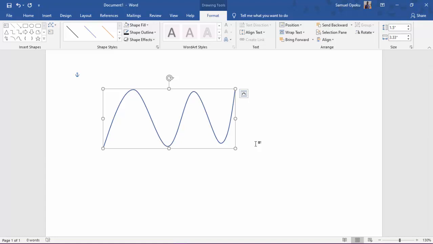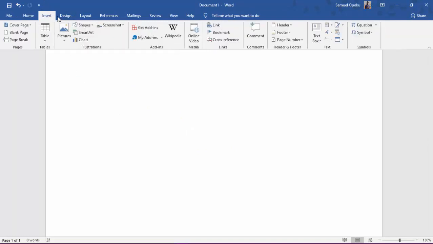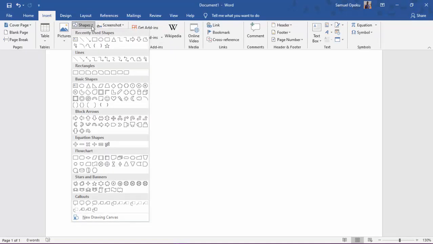So this is how we insert shapes in Microsoft Word. We have other shapes over there. So I entreat you all to try as much as possible to